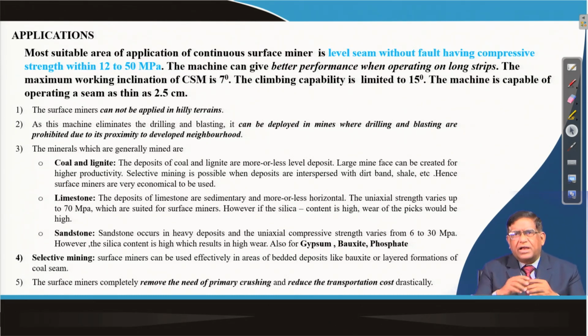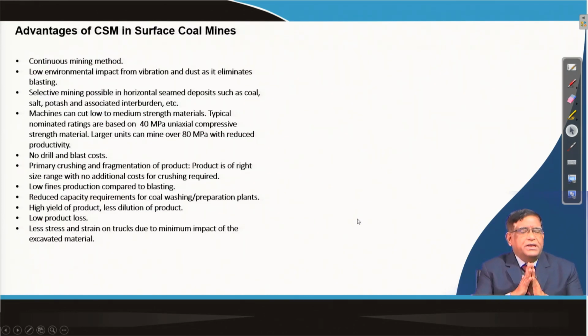As for its cutting principle, you will soon learn that the way it cuts, it does not produce any big boulders, and if there are no big boulders, then there is no need of a crusher. So, that means the requirement of in-pit crushing has gone. That means the fragmentation, the total fragmentation energy consumption, also goes down. So, there are so many advantages of these machines.